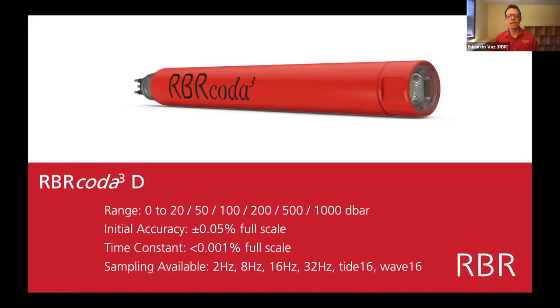Then we have the brother to the Coda T, which is a Coda D. This is a pressure sensor, ranging all the way from 20 meters. It could be less. The calibration starts at 20 meters and goes all the way to 1,000 dbar, about equivalent to 1 dbar to 1 meter. It has an initial accuracy of 0.05% of full scale,